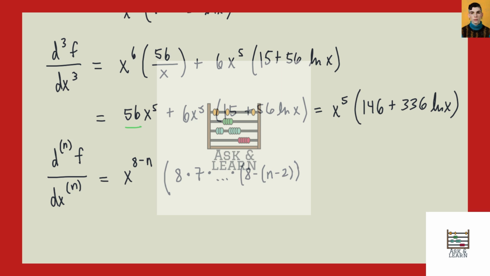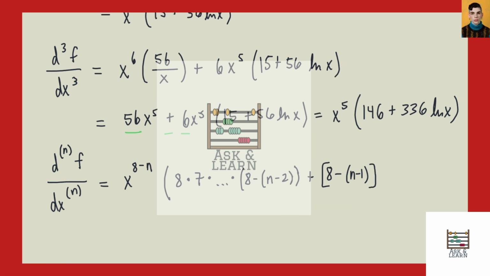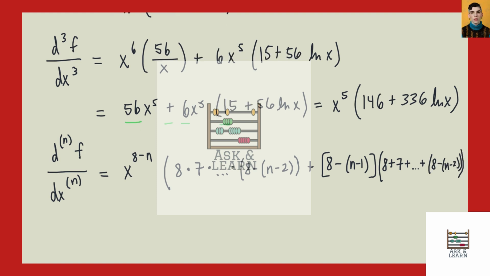Okay, and we have plus 6. So this is plus 8 minus n minus 1. And that's multiplied by 15, which is 8 plus 7. So we have multiplied by 8 plus 7 plus ... plus 8 minus n minus 2. And then we have plus 6. Okay, so that's plus 8 minus n minus 2